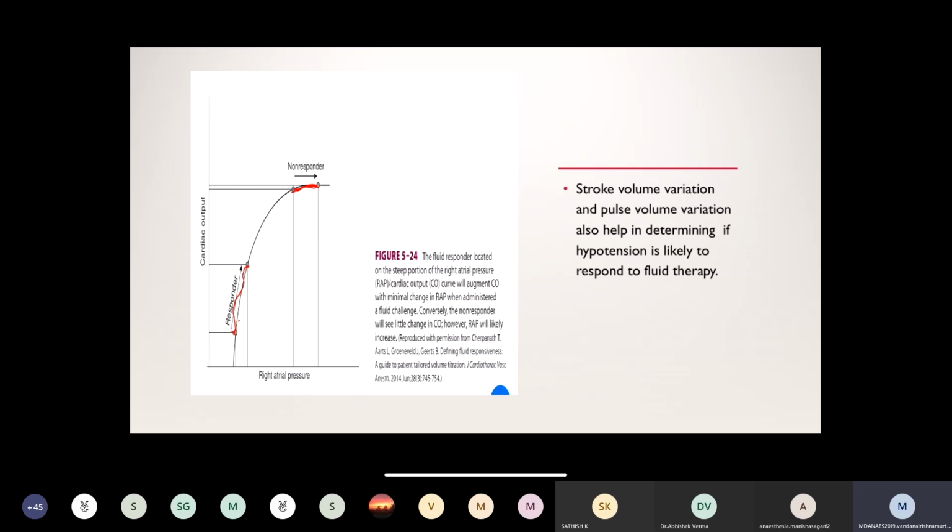Goal-directed fluid therapy. First, understand why fluid volume is important. If we give less fluid to the patient, there will be consequences like hypoperfusion, hypotension, renal failure, and tachycardia. If we give more fluid, there will be ileus, postoperative nausea, vomiting, pulmonary edema, pulmonary dysfunction, etc. So the fluid which we give to the patient must be in adequate quantity to prevent both of these complications.